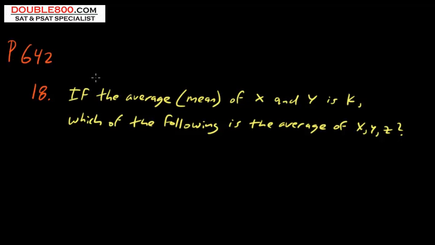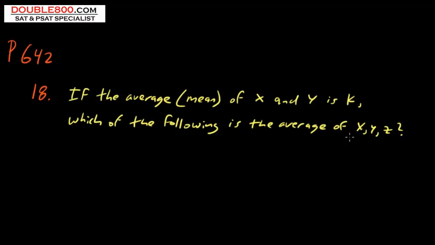In this lesson, we'll review a math question from the problem solving section. We're on page 642, question 18 out of 20. This is a difficult problem. If the average or mean of x, y, and z is k, which of the following is the average of